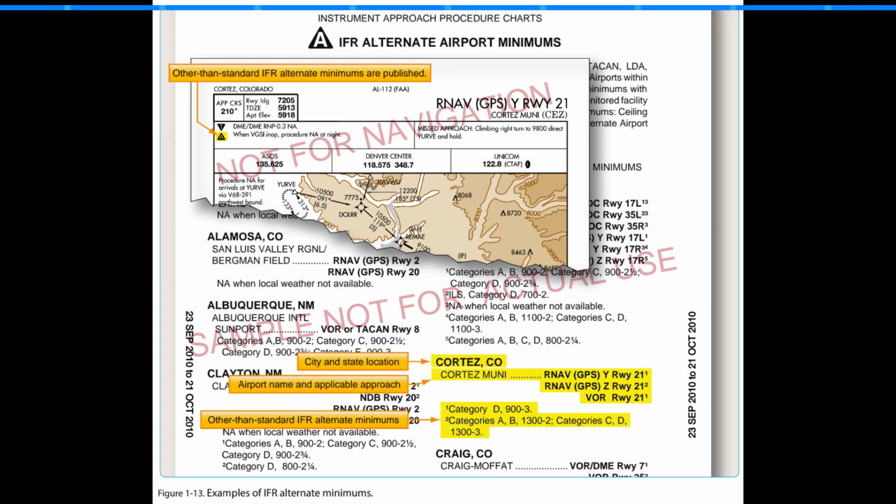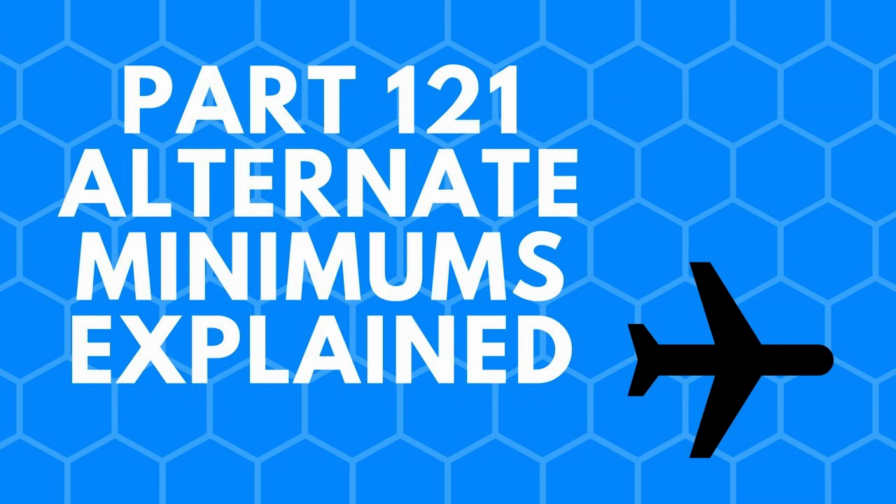Alternate minimums for commercial operators. IFR alternate minimums for Part 121 and Part 135 operators are very specific and have more stringent requirements than Part 91 operators. Part 121 operators are required by their op specs in 14 CFR Part 121, Section